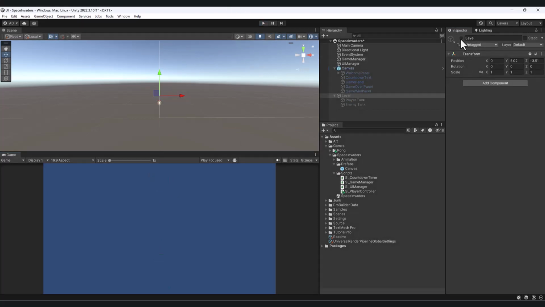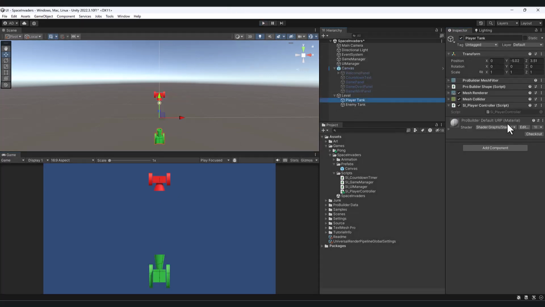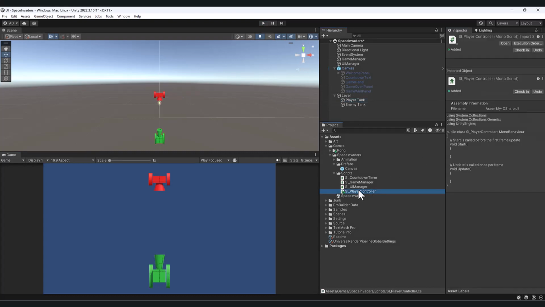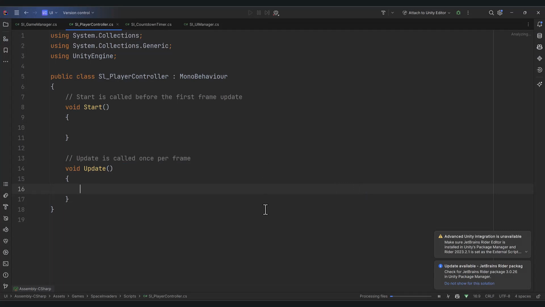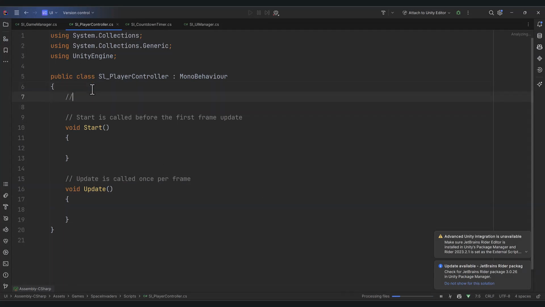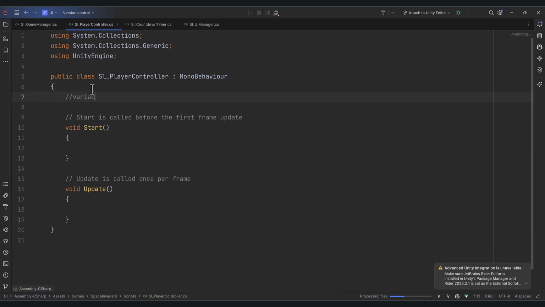All right, so there's our player tank. Let's go ahead and double click this script either here to open it, or you can open it down here. Now, whenever I do this stuff, I like to think it out before I write it. So I know I'm going to need some variables. And because I'm condensing a lot of this stuff down to just finish up this tutorial, I know I'm going to need,